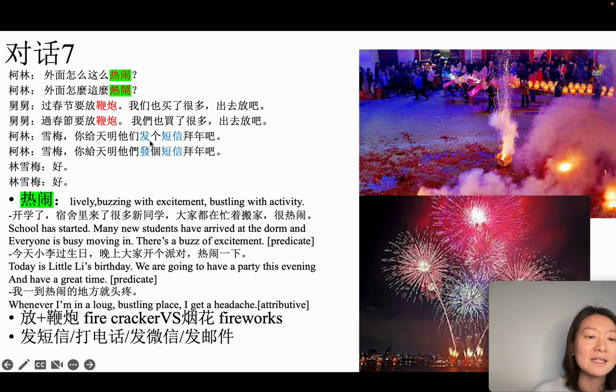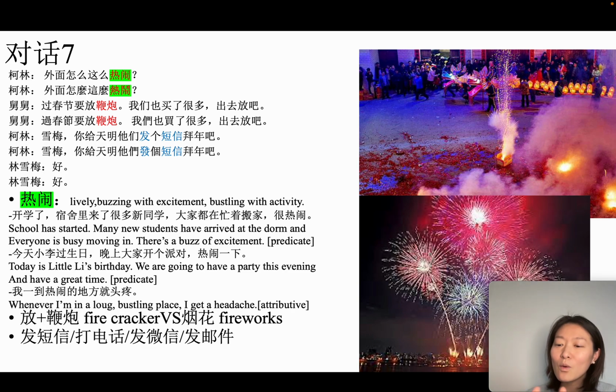And 个 is a measure word. 发一个, but 一 can be omitted. We can say 发个短信给天明, but not only to him but to 天明 and his girlfriend and his family. So we can say 天明他们。So 天明 and his friends or 天明 and his family. 林雪梅说好。So there are several ways you can 拜年. Of course, the easiest way, like when I was in college, I basically 发短信拜年给老师、给同学、给朋友说哦,谁谁谁过年好,野鹿给你们拜年啦。祝你新的一年学习进步 or 工作顺利 or some good wishes, 大吉大利,万事如意。